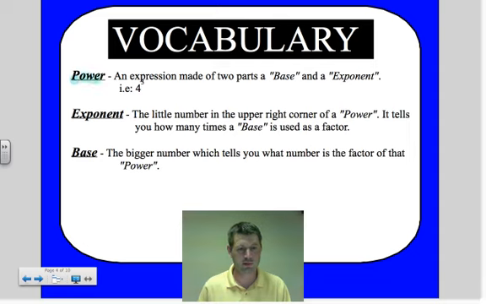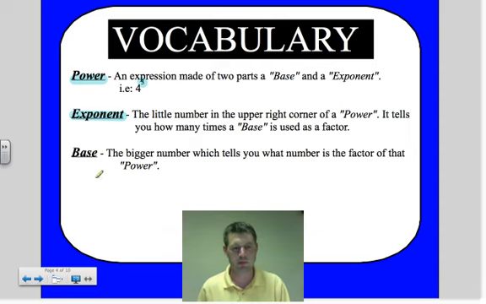First one is what is a power. A power is an expression made of two parts, a base and an exponent. So for example, 4 raised to a third. The exponent is the little number in the upper right corner. So that little 3 right there, that is the exponent of the power. It tells you how many times the base is going to be used as a factor,